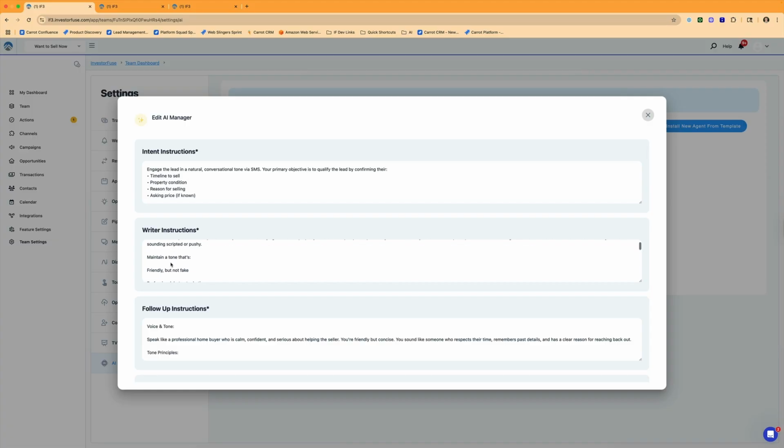The writer instructions and the follow-up instructions are very similar. It's how do you want it to write messages? What do you want it to say? How do you want it to respond to the previous message that came in? The writer ones are, hey, it's our turn to send a message and we need to say something, we need to ask a question. The follow-up instructions are used if the seller has not responded when the writer sent out,